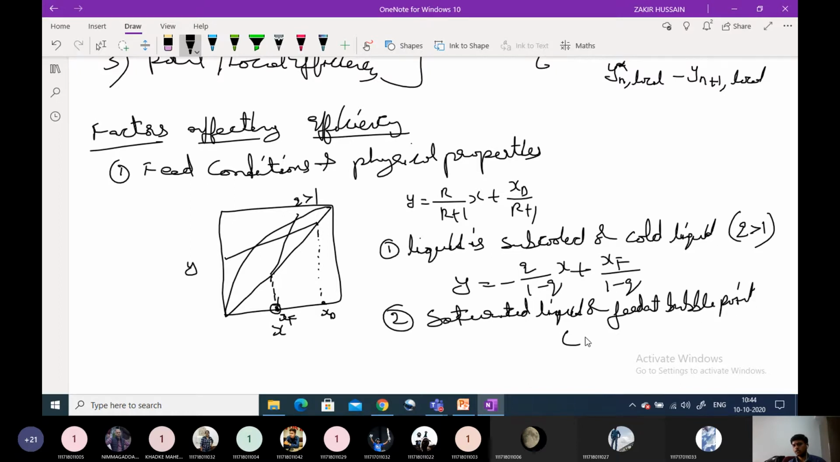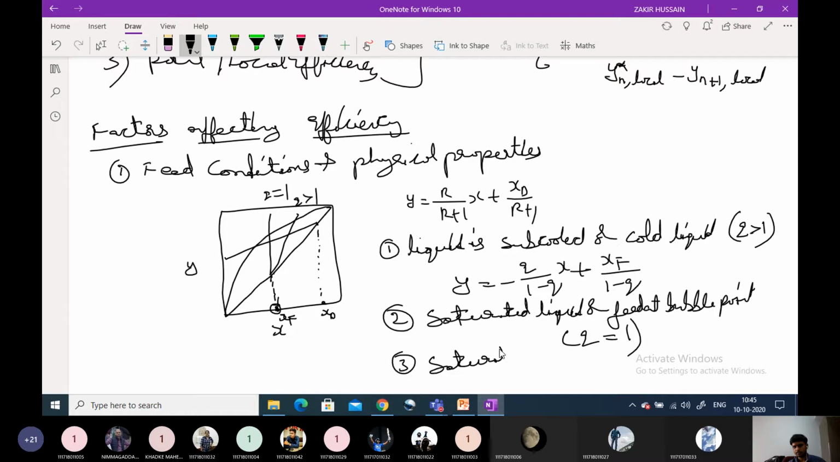For this condition, what is the Q value? Q is equal to 1. For Q equal to 1, we know that it is a straight vertical line. Then whether the number of plates increases or decreases compared to this one will depend on that particular operating and stripping section and everything. So then the next condition is